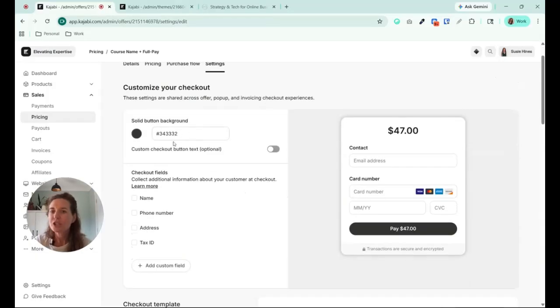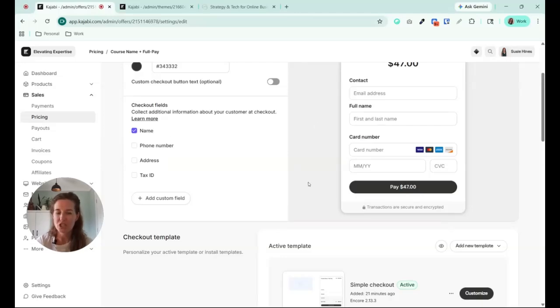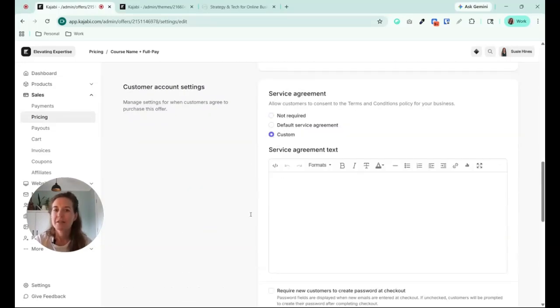For the background color, you want to change this to one of your brighter, bolder brand colors. Checkout fields, it will always collect their email address. You can choose what other information you want. I always like to collect name. Under service agreement, I recommend creating a custom service agreement. And this service agreement text will say something like,